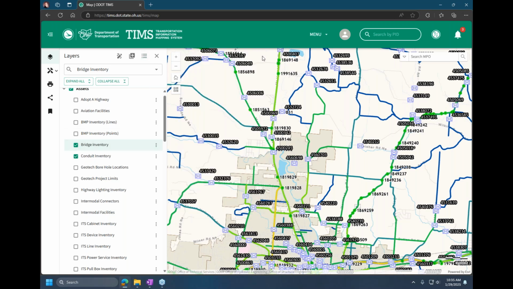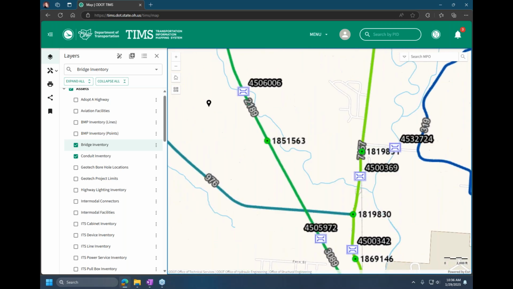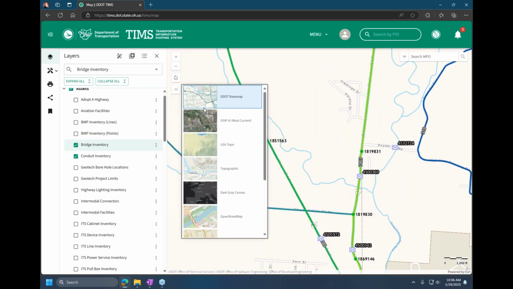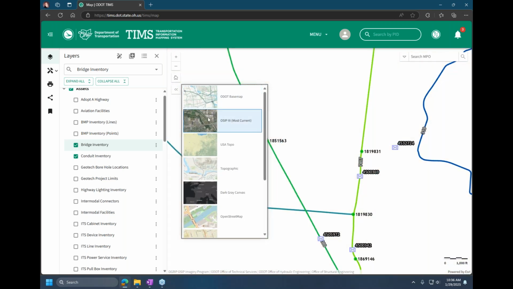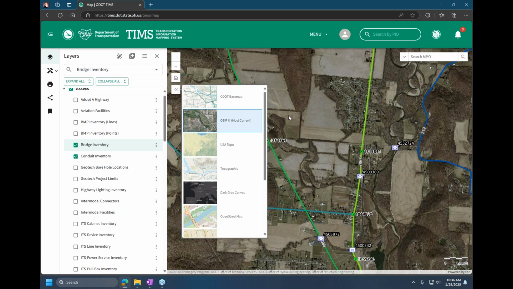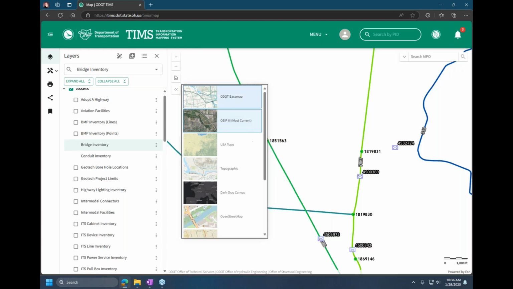Okay, and I think we're ready to go back to that right-click menu in the map and cover the rest of these options. So say I'm in an area and I wanted to get some imagery for that area. Of course, we have our OSIP imagery. I want to plug that again. So you could use that as your base map,